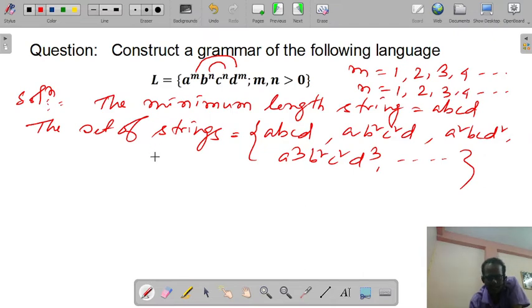So in this particular case, the technique should be that we generate the number of A and number of D first, that is A and D. If there is 1A, 1D, then you write 1A, 1D. Or if we need to generate A square, D square, then A, then DD, in that way.